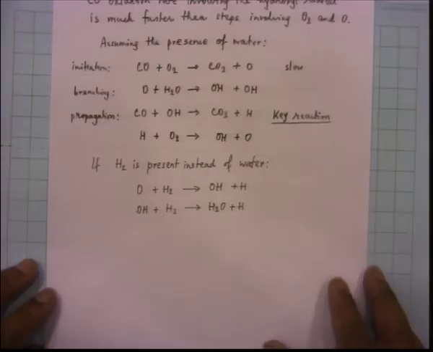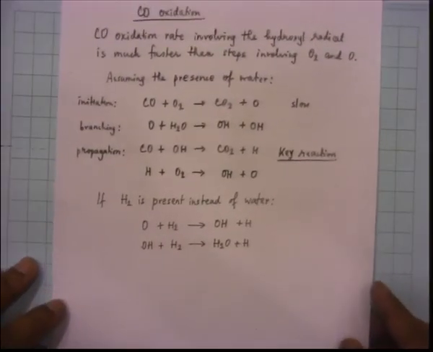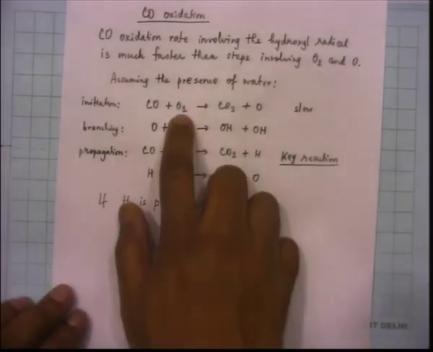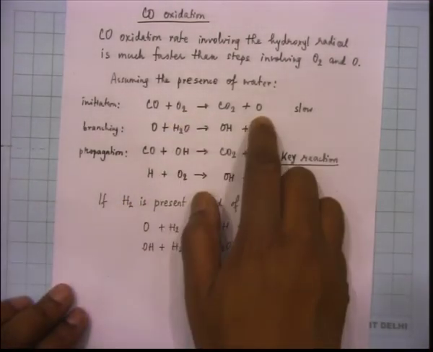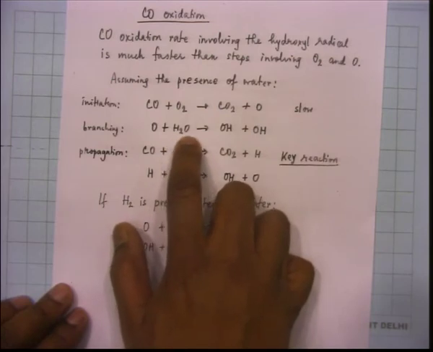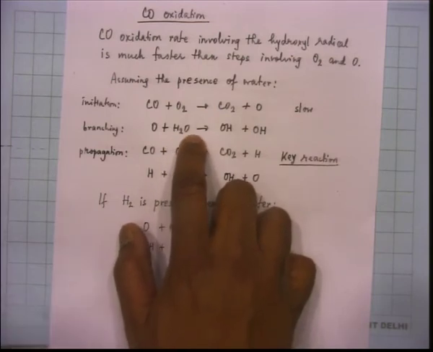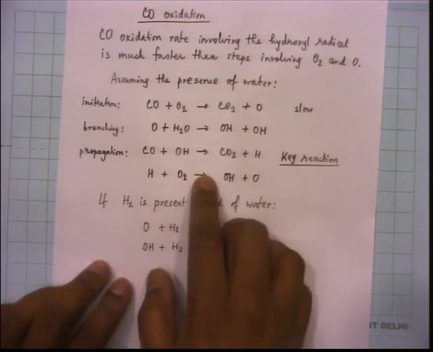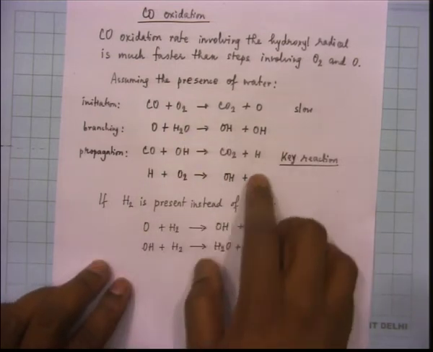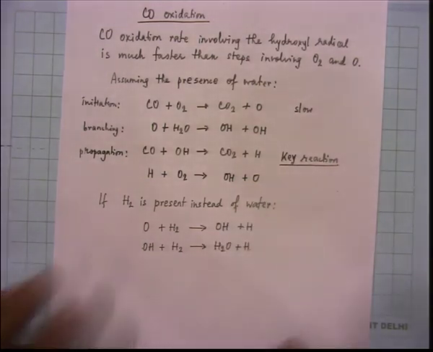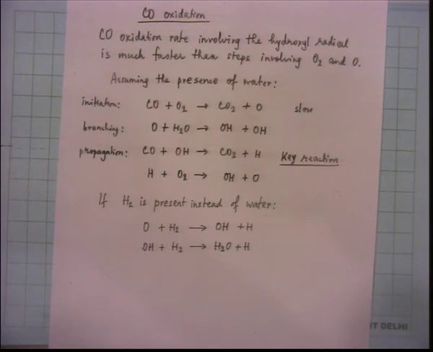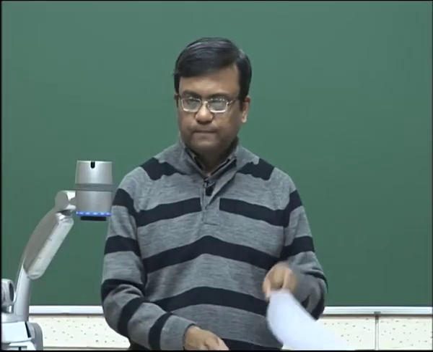In case you are wondering about anything else, let us see, O2 is present. So, this gives you O. H2O is present because maybe it was there in the air, or maybe it is produced in the combustion process. So, it is there, and this gives you OH, right. I think it is easier to think about this in the context of a whole combustion reaction of a hydrocarbon. So, this is CO oxidation.